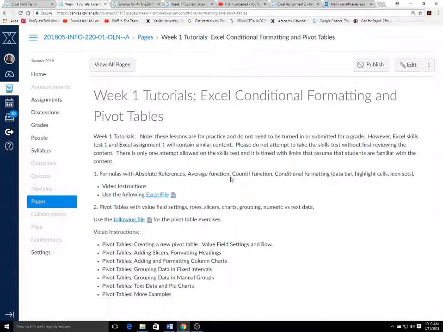We're going to be using the same Excel file for multiple videos here, starting with creating a new pivot table, setting some value field settings, and putting a field in a row. So to begin with, let's download our file